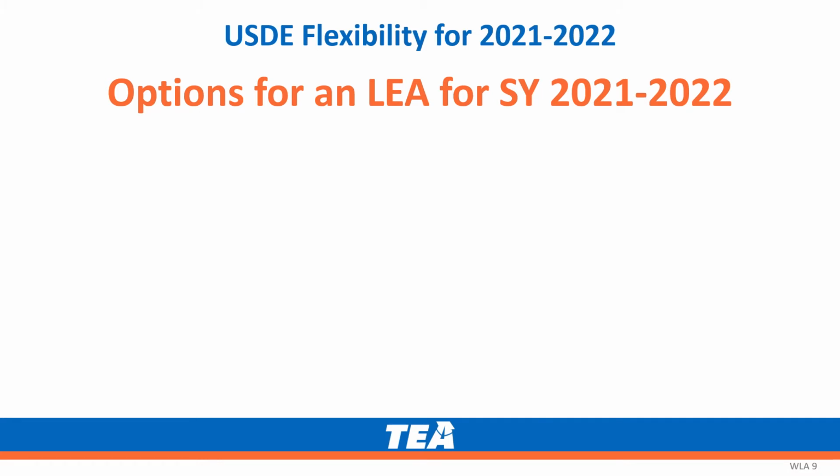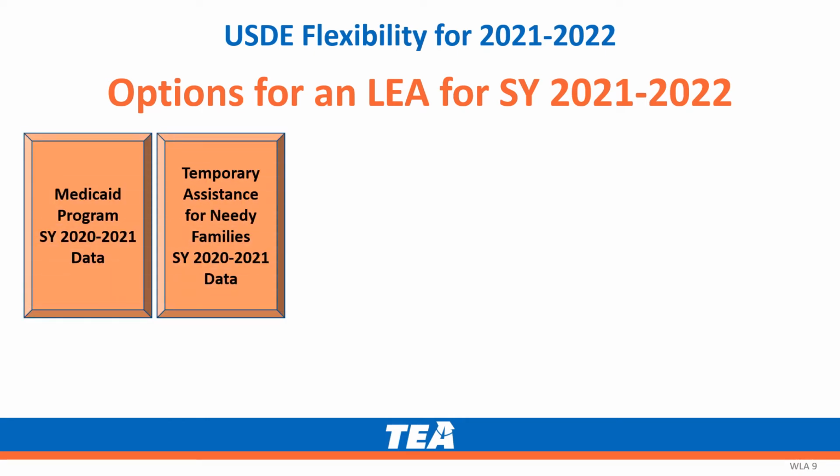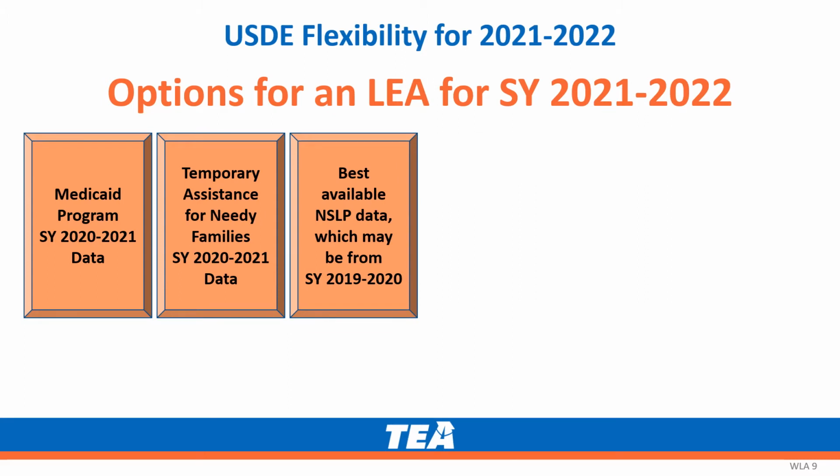2021-2022. To the extent that the National School Lunch Program, otherwise referred to as NSLP, data from school year 2020-2021 are not available, options available to an LEA for its within-LEA allocations in school year 21-22 include using Medicaid program data from school year 2021, Temporary Assistance for Needy Families data from school year 2021, the best available NSLP data, which may be from school year 2019-2020,